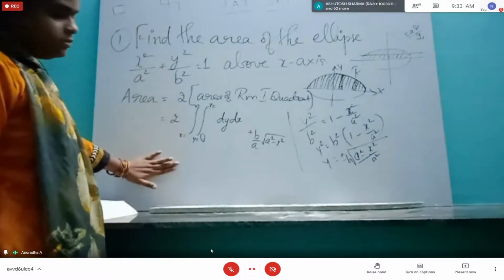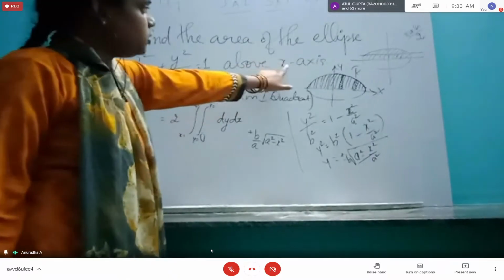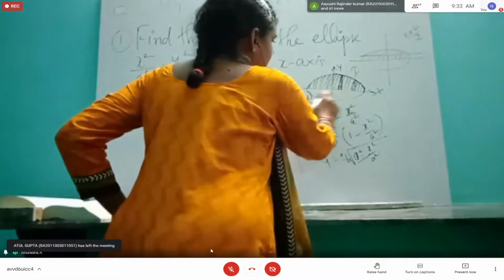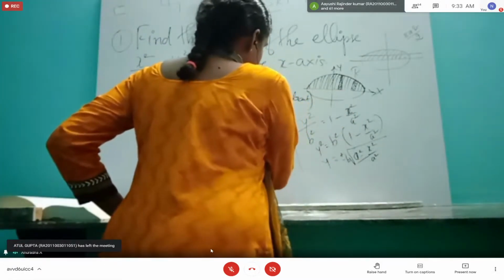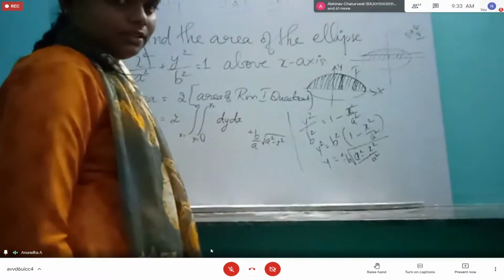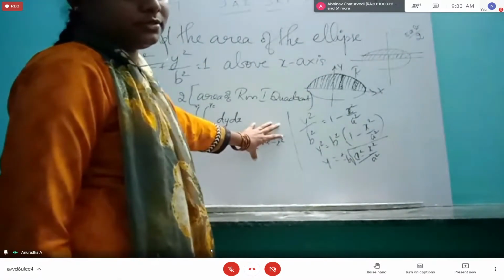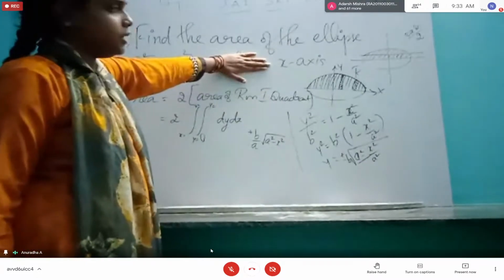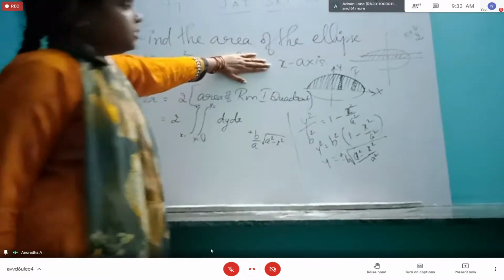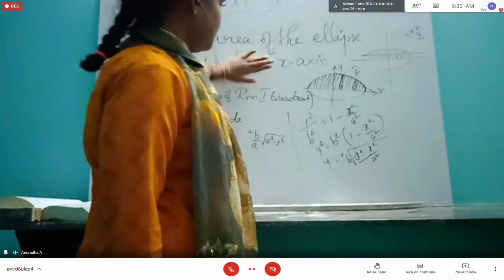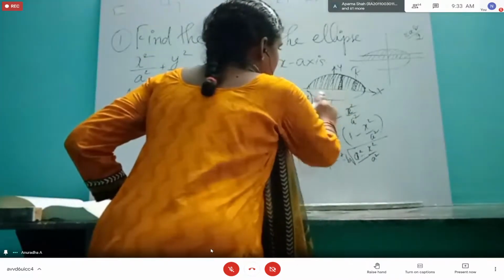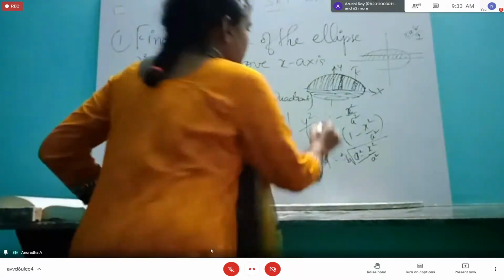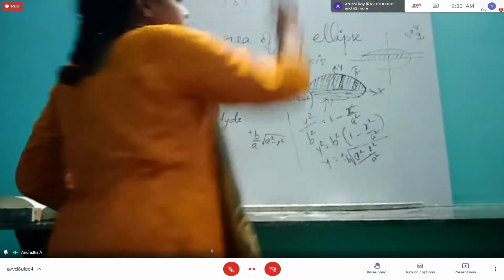The same question, if they have asked below the x-axis, then what would we have done? This region we would have taken, then that time the limit will be minus b by a, and that will be the lower limit. I repeat, same question, but instead of above they have given below. Instead of above they have given below means this region we have to take. But even if we take this region, the y value will always increase this way only. It will increase like that.